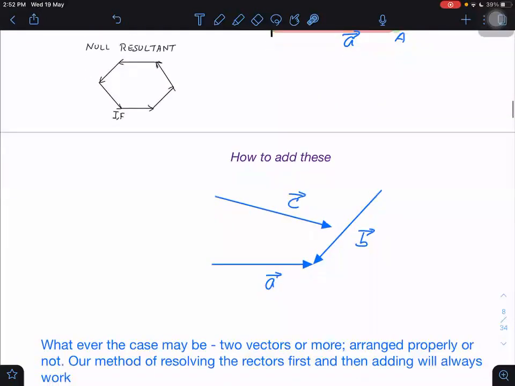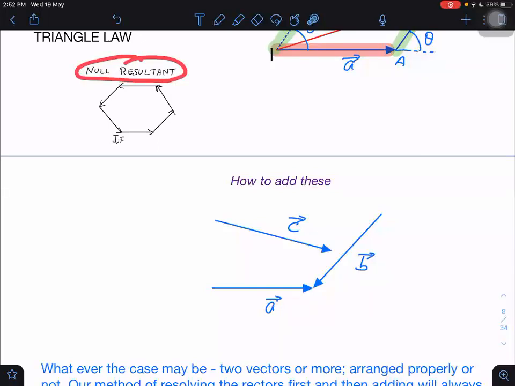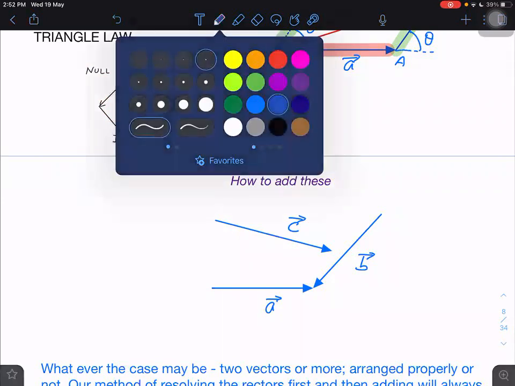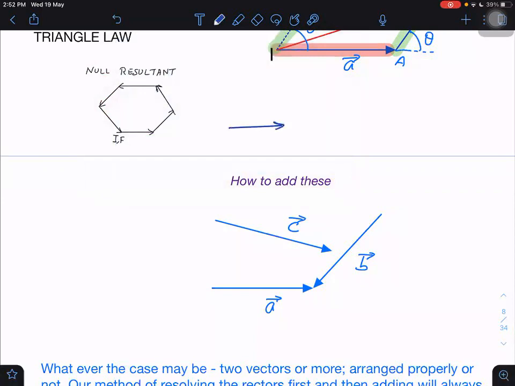Okay. Null resultant example. Is a null resultant possible or not? One vector this side, then this side. Observe, we are starting from the same point, coming to the same point. Initial and final points are the same only. Then what will be the resultant of such vectors? 0. The resultant of such vectors will be 0. So it will be a null vector only. Another example: take a triangle and these 3 sides of the triangle, if taken all in the same order, then the resultant will again be 0.